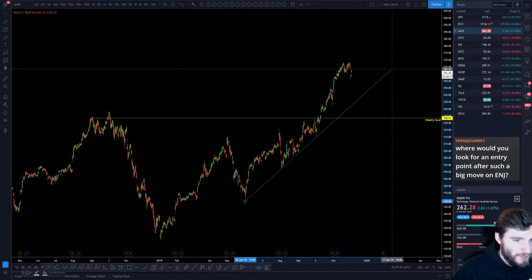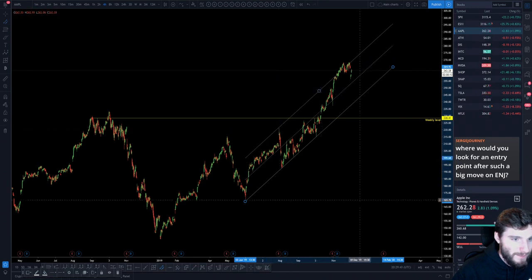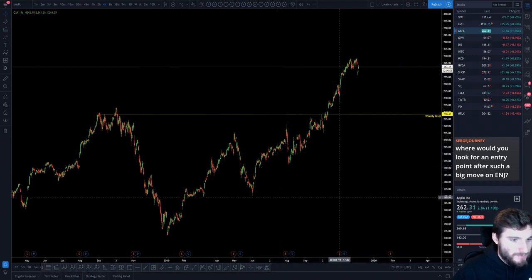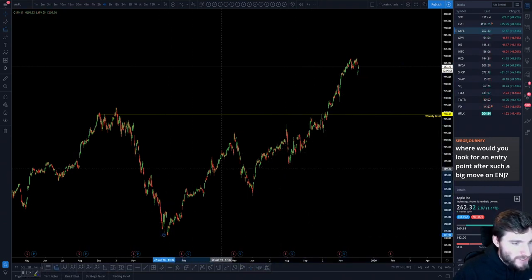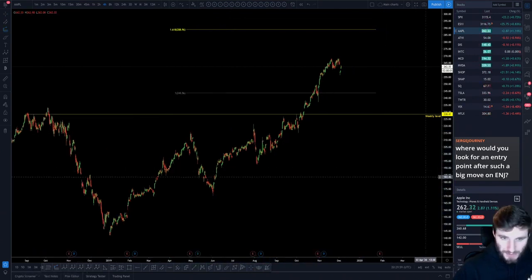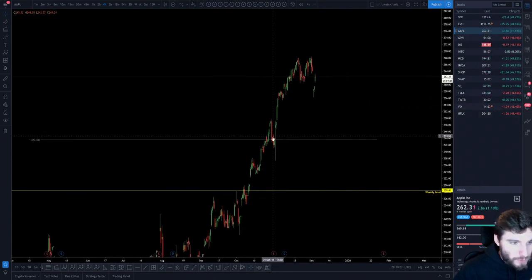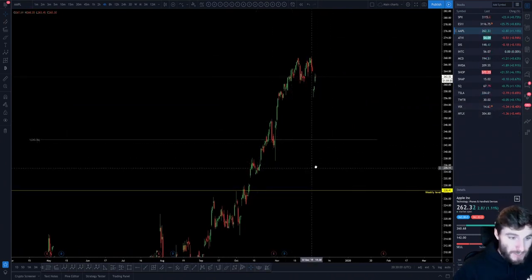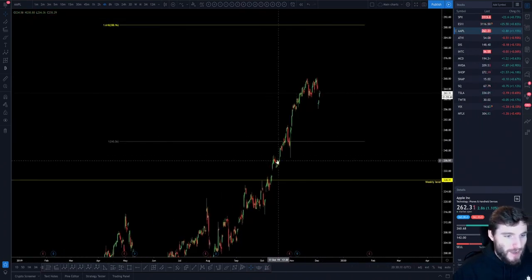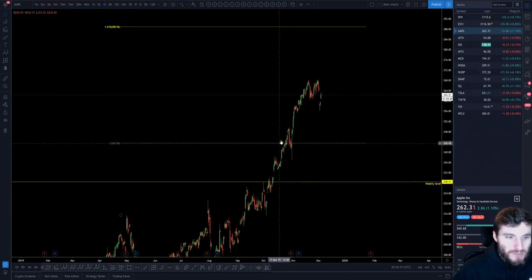Okay, so if you wanted to, you could put on something like this, couldn't you? Like this. Okay, so when we got something like that, let's just delete this channel a second, and we can go from low of this up to the high, up to the higher low. As you can see here on Apple, you did get reactions in and around the 1-to-1. You have to remember there's billions and billions of pounds that go through this stock. So you got a little bit of up and down around the level, but you can see the reactions.